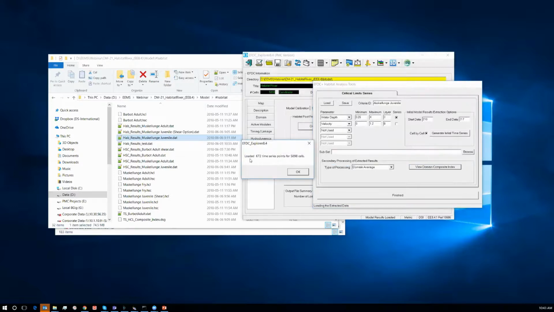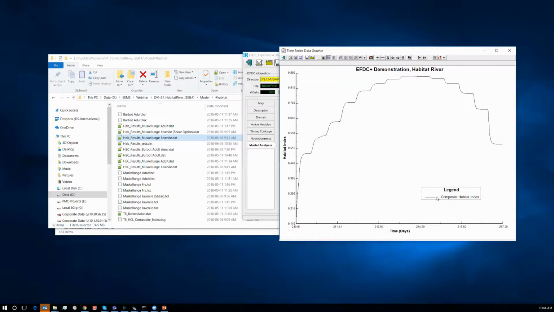And it loaded the data for all 672 snapshots from the time series for these all 5,000 or nearly 6,000 cells. So this is what the composite index looks like for those criteria for that species